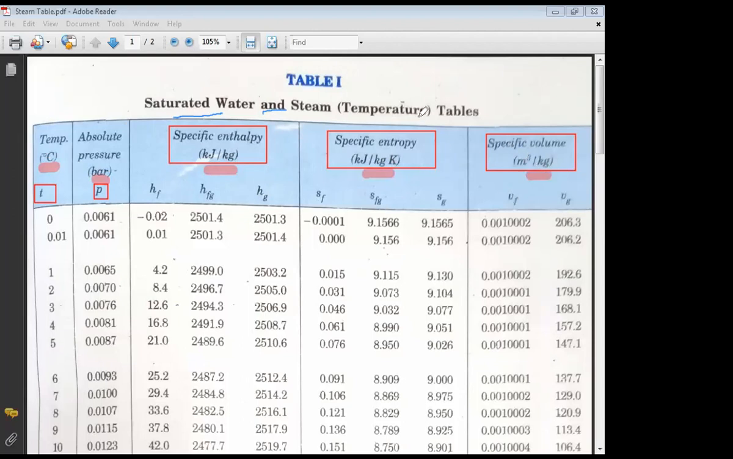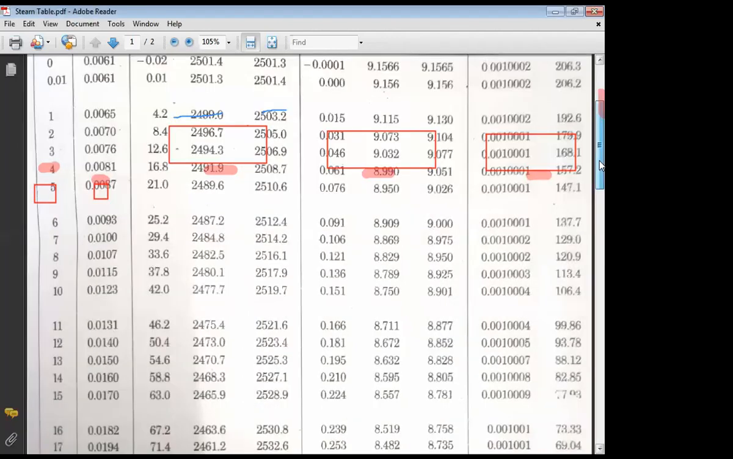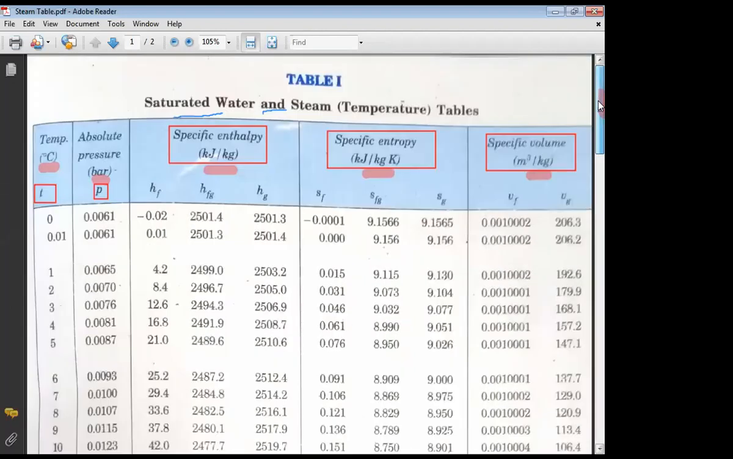Now from the problem, they have mentioned the dry bulb temperature as 30 degree centigrade and wet bulb temperature as 20 degree centigrade. So we have to find the corresponding pressure values. The first column is temperature, the second column is pressure. So the pressure corresponding to 20 degree centigrade and the pressure corresponding to 30 degree centigrade, we have to find out. So for that purpose,